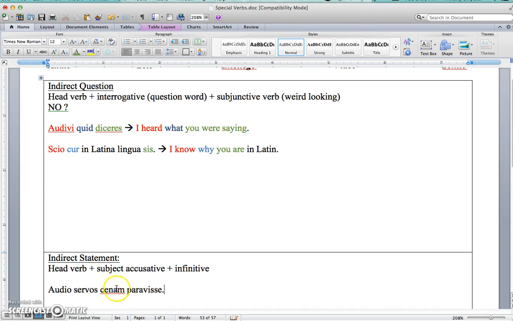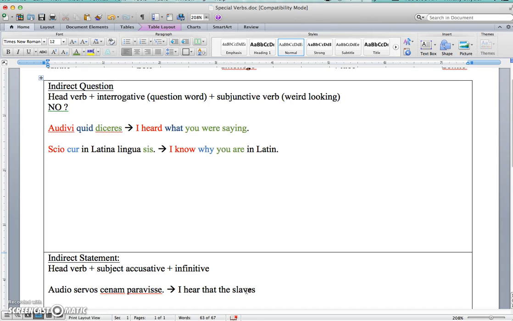Okay. So, let's see what this amounts to. Audio, I hear. There's our head verb. And feel free to put that in. Once you know you're dealing with an indirect statement, after the head verb, you can put that. I hear that the slaves. So you can think of it that you are